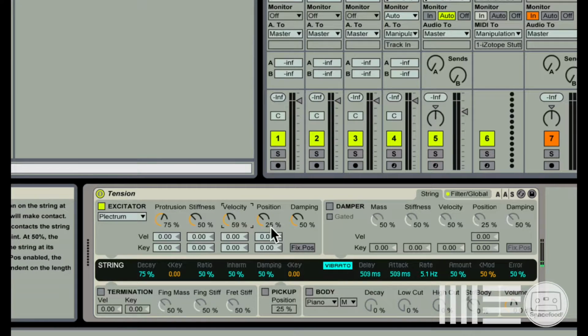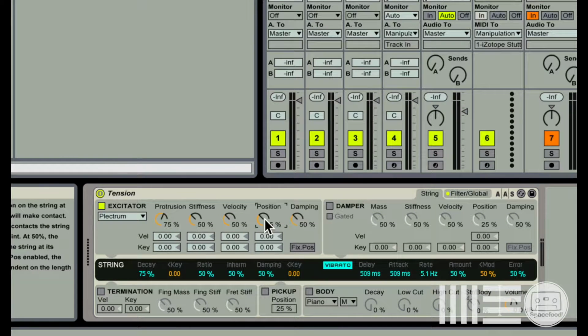Quite significant. All right, so as I had mentioned before with the pickup position, if we're plucking our string at different areas of our string, then we're going to be hearing these different frequency bands better if we're either closer to the neck or if we're closer to the sound hole. So let's play around with this. So right now, we would be plucking at 25%,